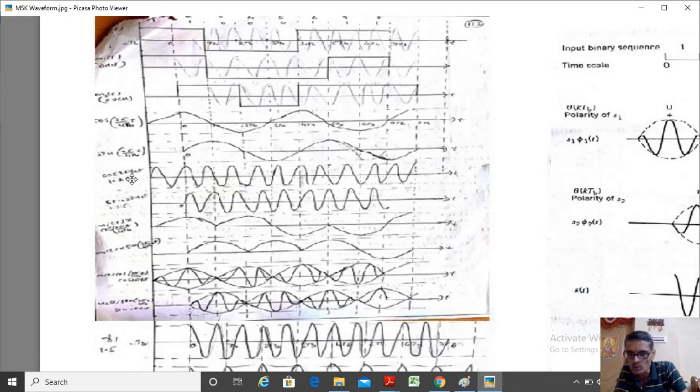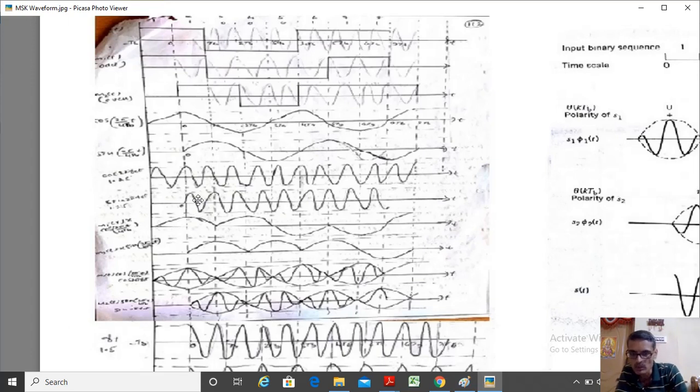Now I take two carriers also. One is cos 2 pi fct. The other is sine 2 pi fct. The two carriers, cos 2 pi fct and sine 2 pi fct. So the cos signal, if you refer from this particular point 0, it starts from high, right? That means it is a cos signal. This one is a sine signal, correct? Again, the number of cycles I have selected to draw, because we have to draw appropriately, is 1.25 cycles. Just look at this. 1.25 is the number over here. The meaning of that is it is basically 1.25 cycles, a 1 1/4 portion, because it is not 2 cycles, it is not 1 cycle.